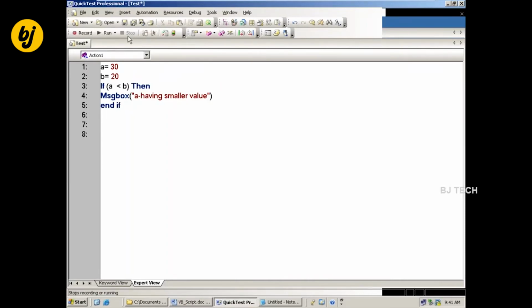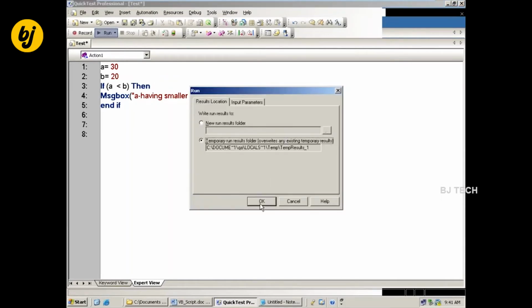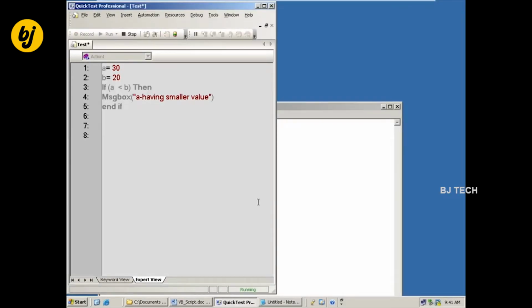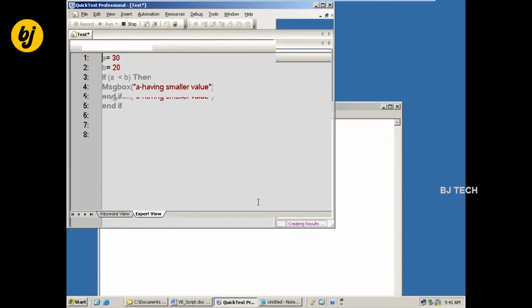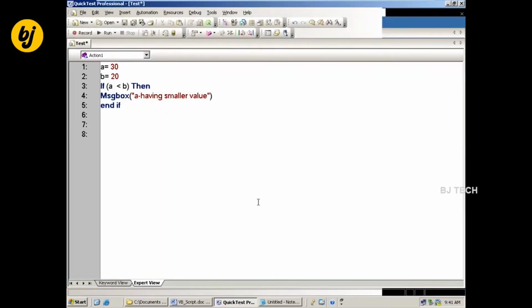Now if I run, you won't get any output. Why? The condition is false. Only when the condition is true does it allow this portion of script to execute. So whenever we want conditional execution, we use conditional statements.